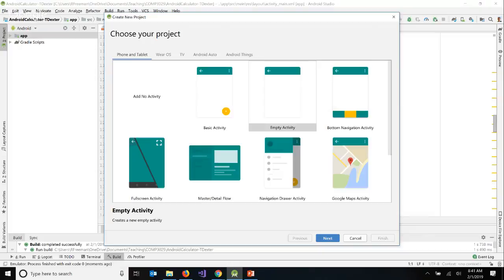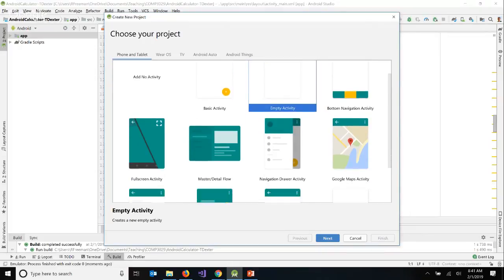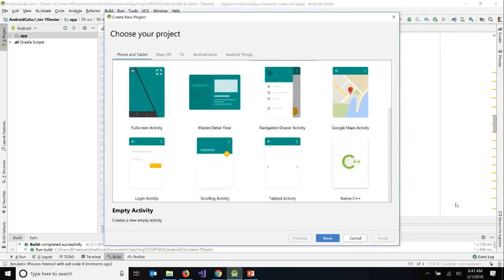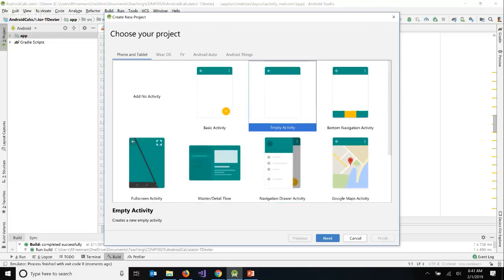I'll choose the empty activity. Here's that master detail activity, by the way, if you want to use it. And it's fine in your assignments if you choose, you don't have to build them from scratch with empty activities. If you want to use one of these templates to get you started and leverage what's in Android Studio, by all means. I'm not going to insist you do the layouts entirely from scratch. No problem if you want to use those because it's going to be more efficient. But for today, an empty activity,